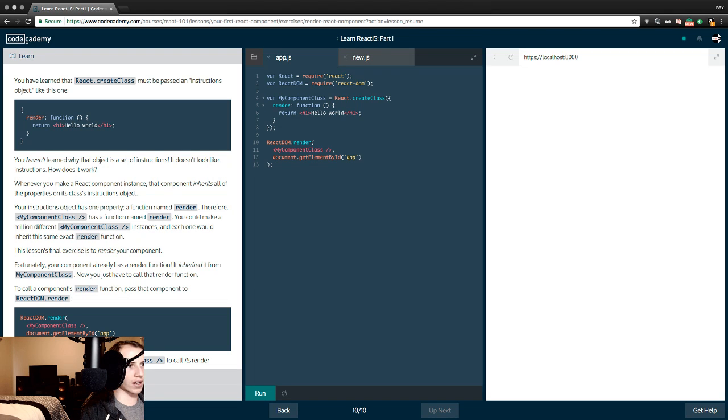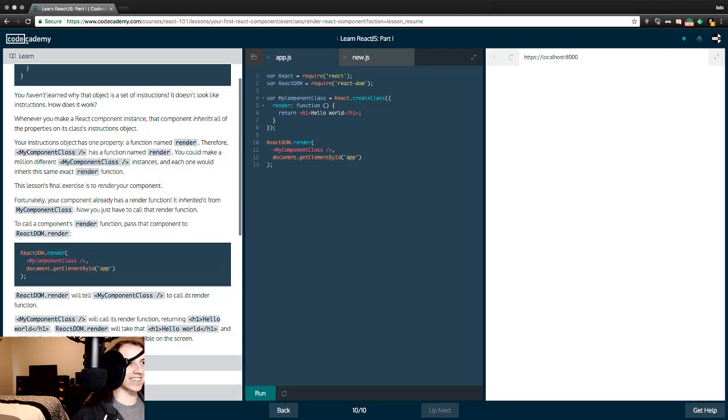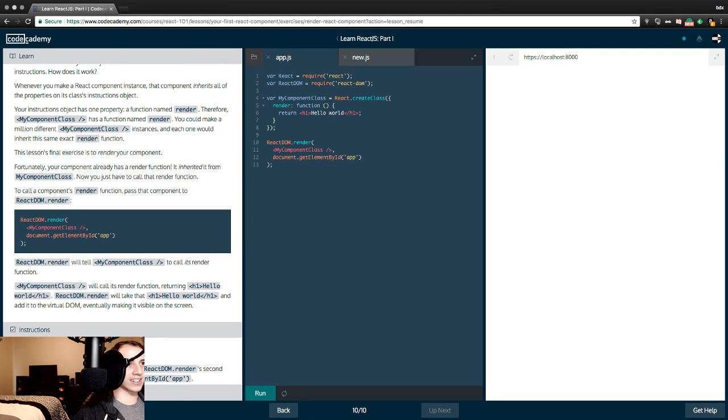This lesson's final exercise is to render your component. Fortunately, your component already has a render function. It inherited it from MyComponentClass. Now you just have to call that render function. To call a component's render function, pass the component to ReactDOM.render. Okay, so we've got ReactDOM.render. This is just like all the other JSX stuff we learned yesterday and the previous day, day 97 and day 98. So we've got ReactDOM.render and then our two arguments, MyComponentClass, which is our single tag that we already have here. Beautiful. And then we'll be adding